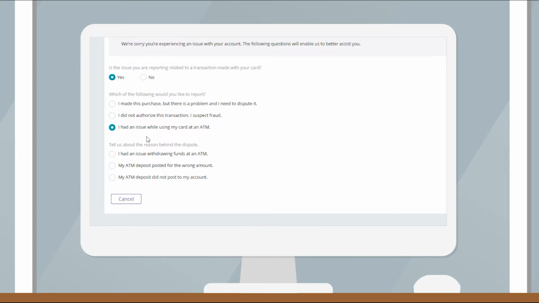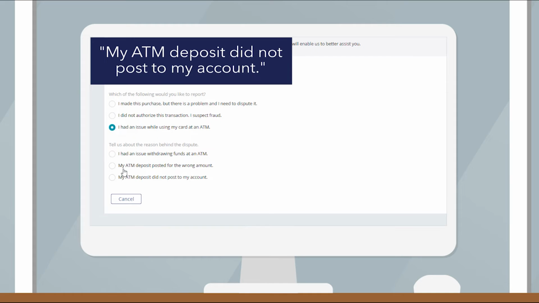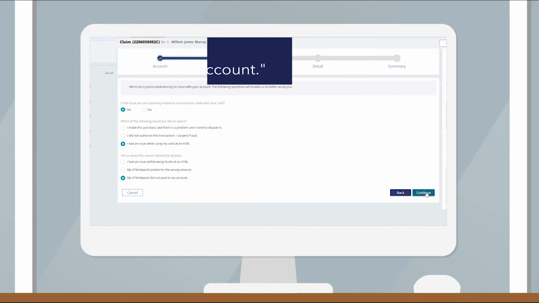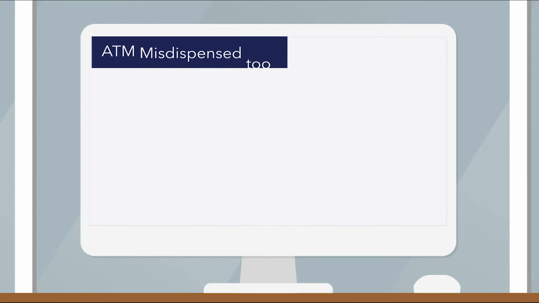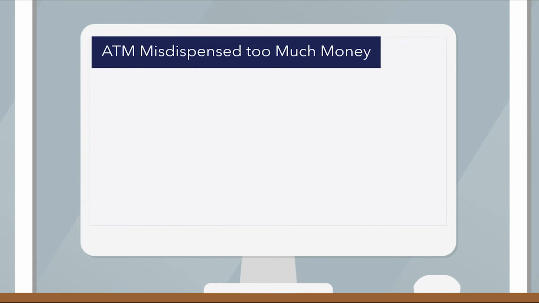If the agent selects "My ATM deposit did not post to my account" as their option for this case, the intake flow will bypass the transaction selection screen, as there is not a deposit there for them to select. The last change within the ATM questionnaire is that we have placed a warning in the rare